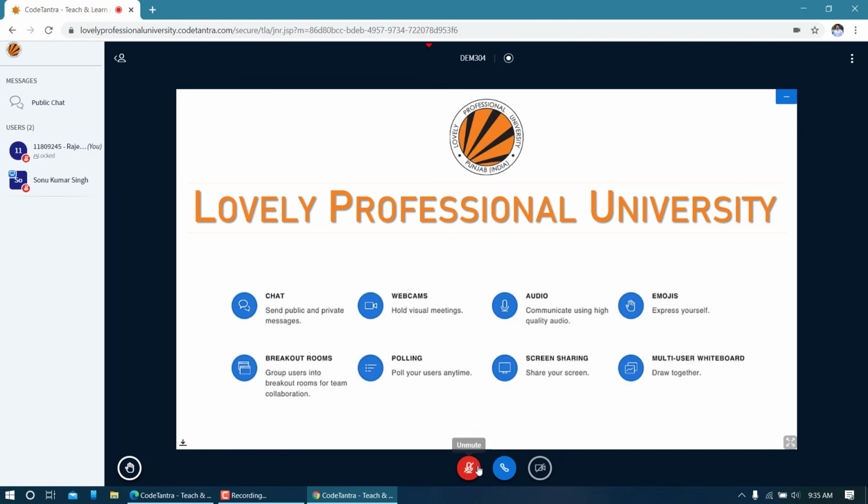Now there is a button to mute and unmute, and right now this is in red color, that means it is muted. So whatever student is speaking from their portal, that won't be heard by the teacher. And this is the advisable thing, because if there are 40 students and if all of them keep their microphone unmuted, then there is a probability that background noise will be captured and teacher will get disturbed during the lecture. So the advisable thing is keep it muted unless or until you have to ask a question from your teacher.